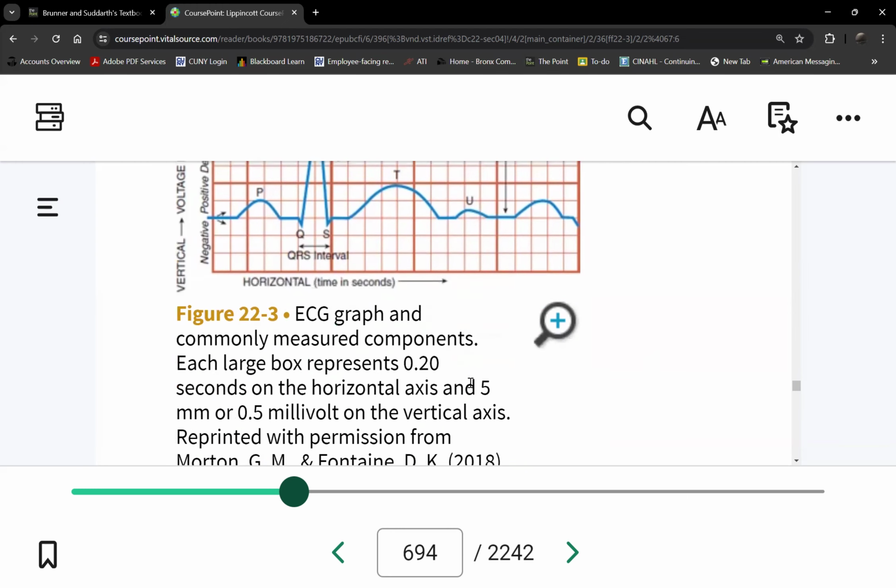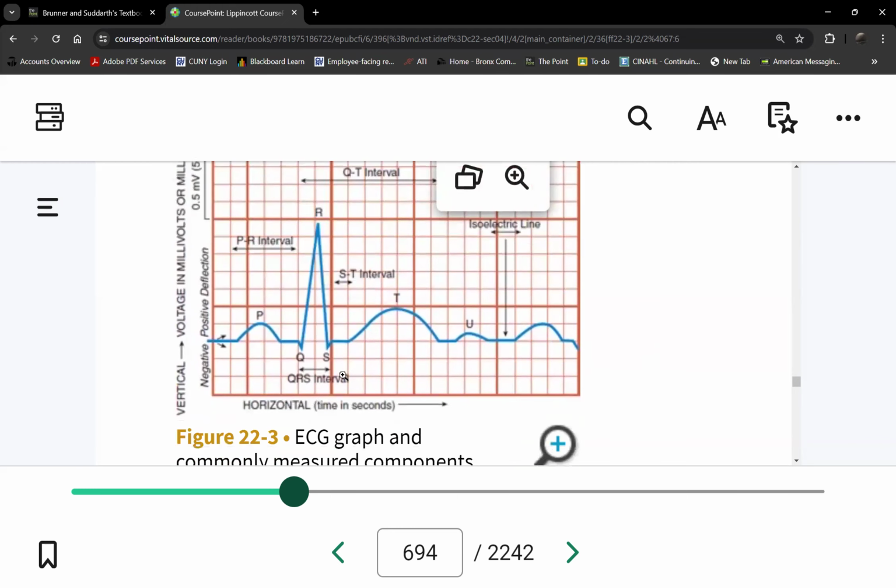So we're still on the same figure, 22-3. So you see here waves and complexes, right? So let me introduce you to the P wave. So this is the P wave. How we measure each wave